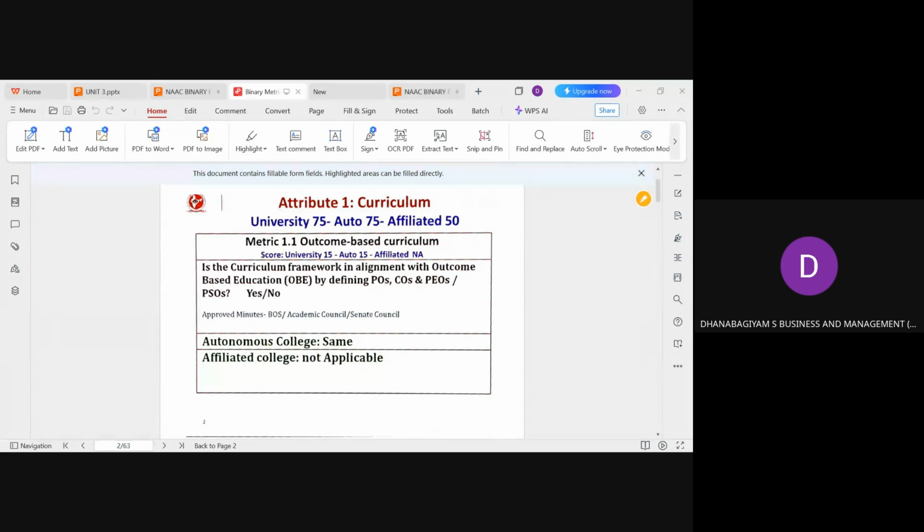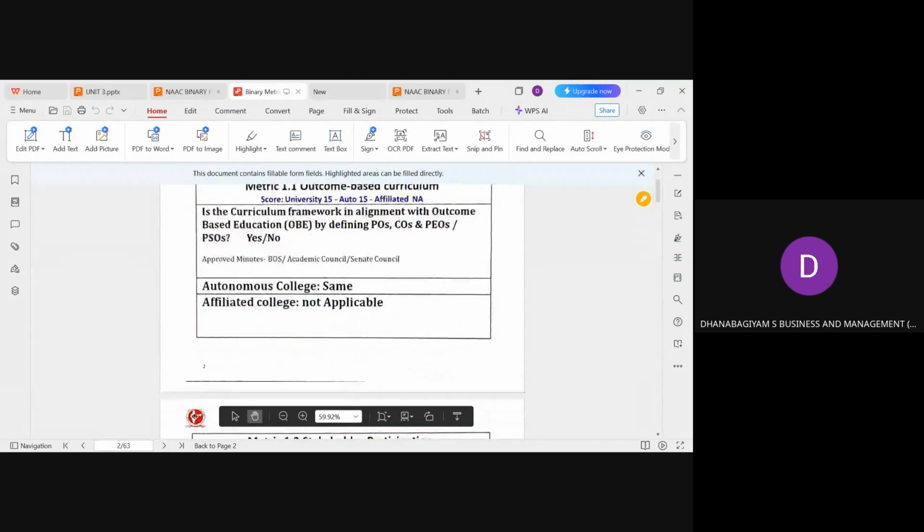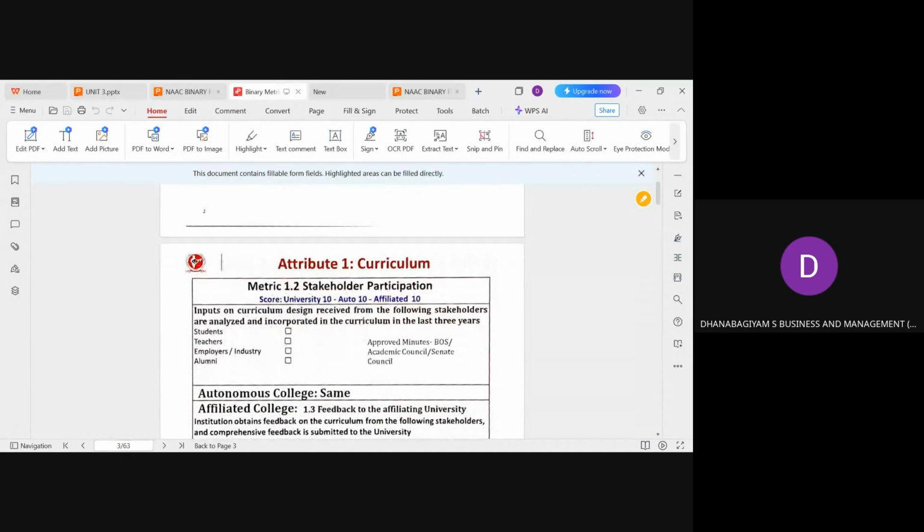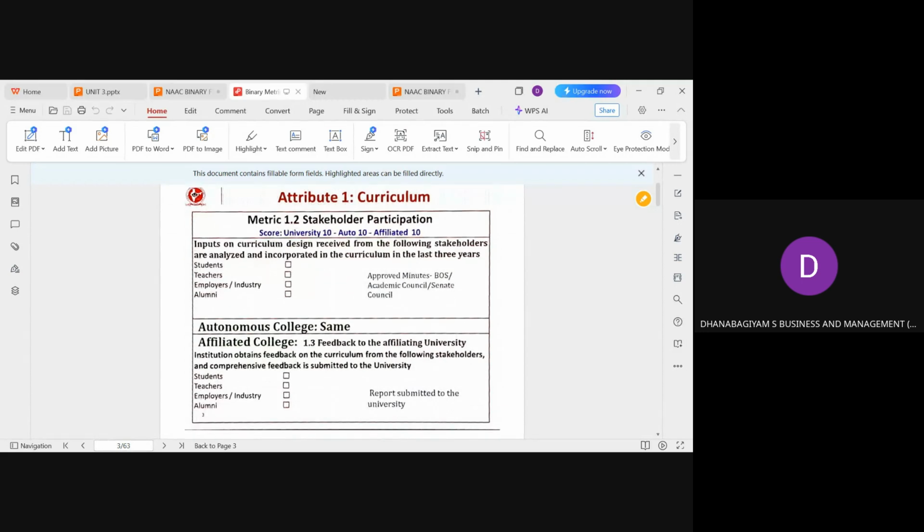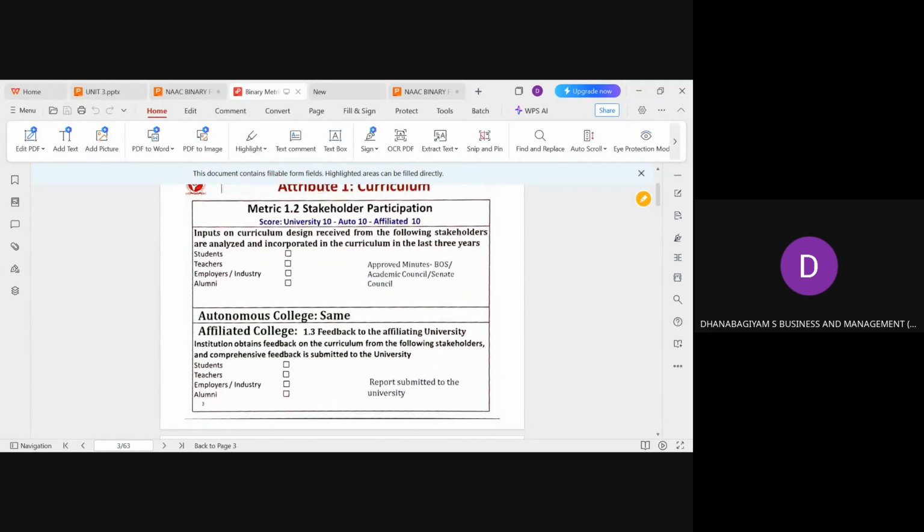And the next one is program educational outcomes and PSOs, which we have already seen. It is the same for autonomous colleges as well as for affiliated colleges. Now let us see how we create the syllabus. When you design the curriculum, the syllabus needs to be designed in such a way that we have taken inputs from our students. For example, before moving to the NAAC accreditation process after 3 years, we should have validated the students and done the evaluation very well.